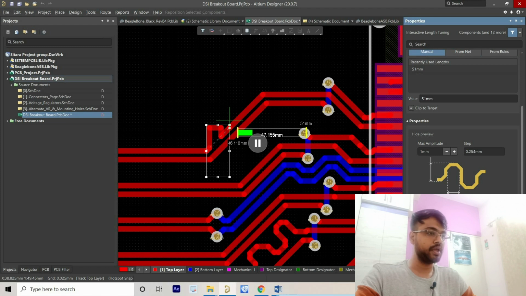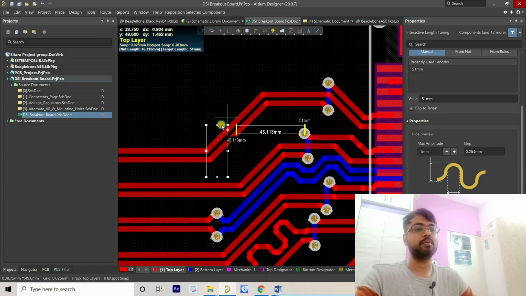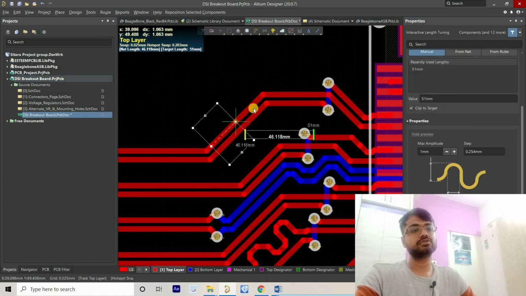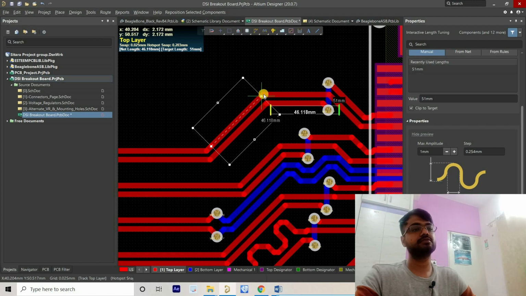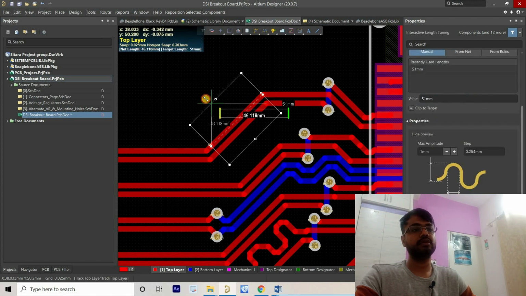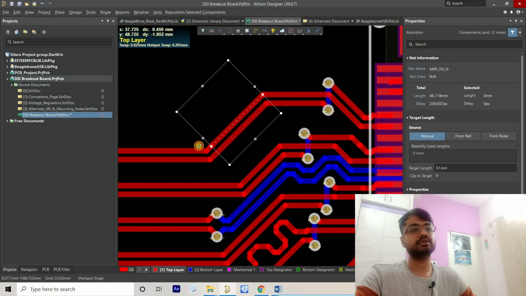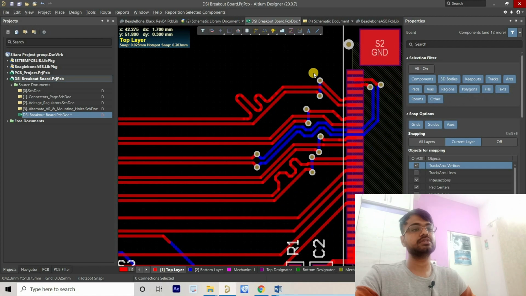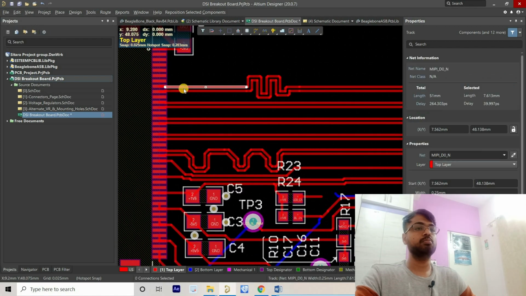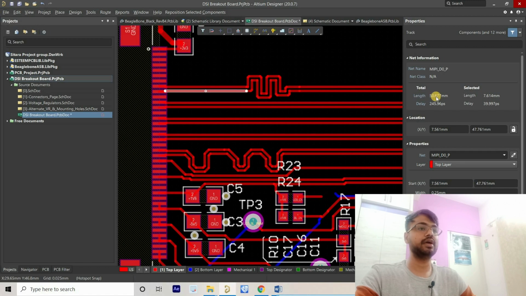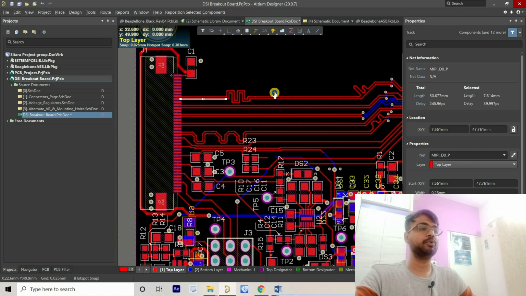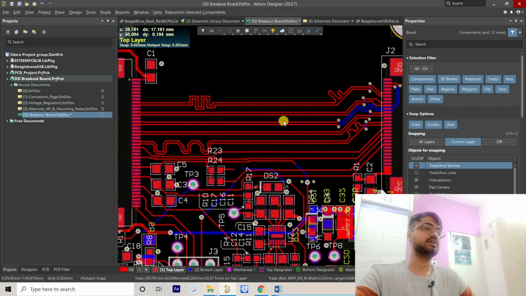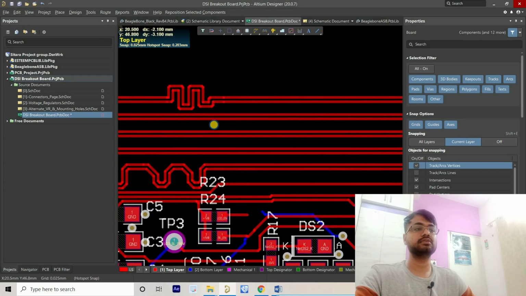and from here I will just select the rounded. Left click on this one, enable. It's not going like I want, yeah, like this, right? And just increase this thing, yeah, like this. So you can see now both the tracks, if you select this one, it is 51 mm, and if you select another one, it is 50.6, right? So both these tracks are closer to our required length, right?